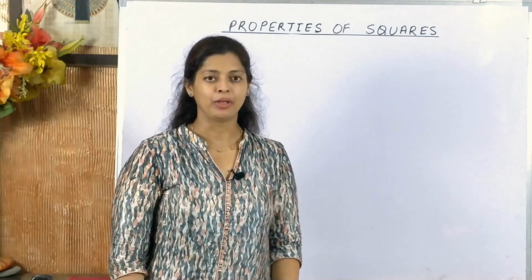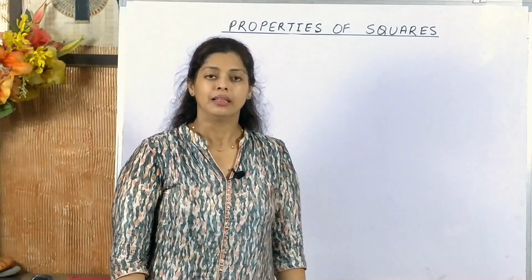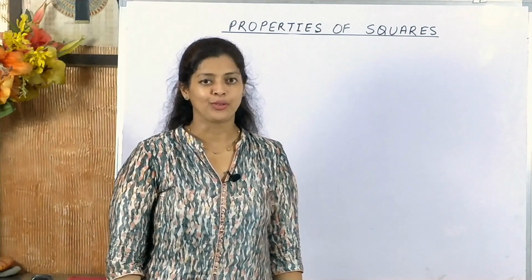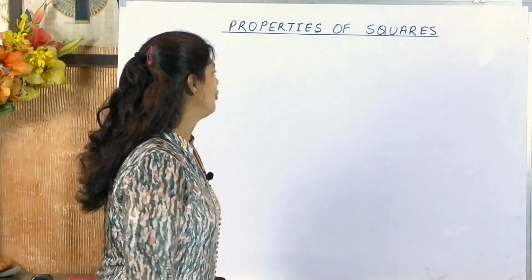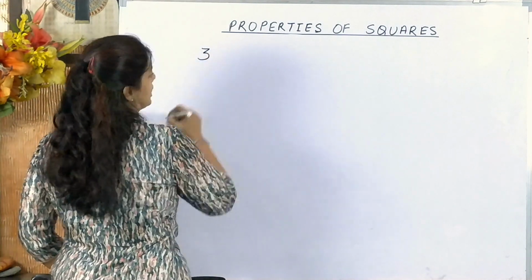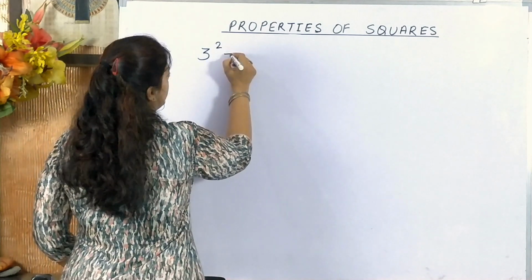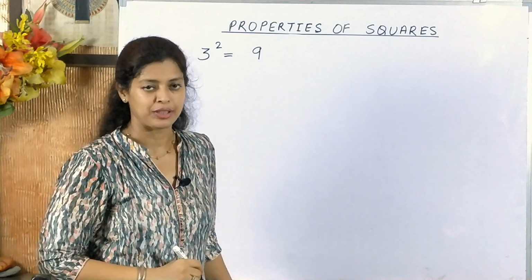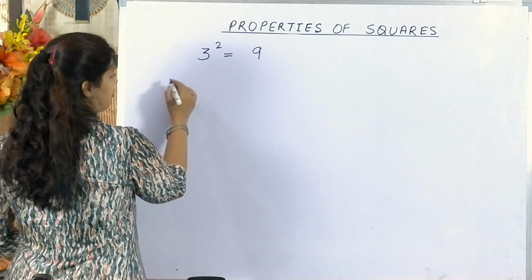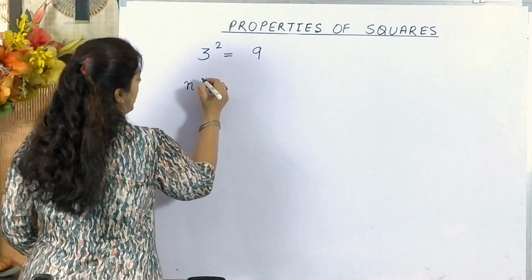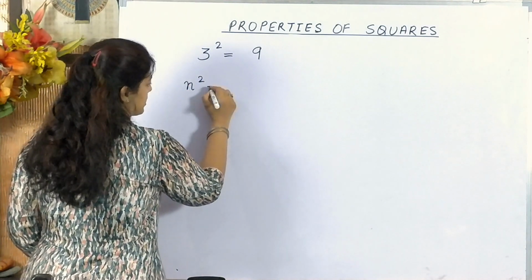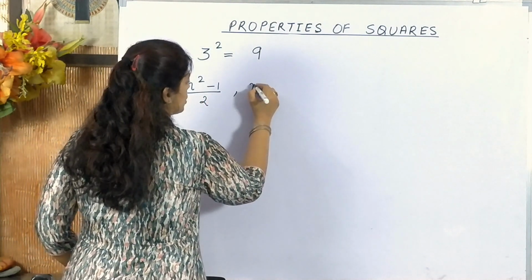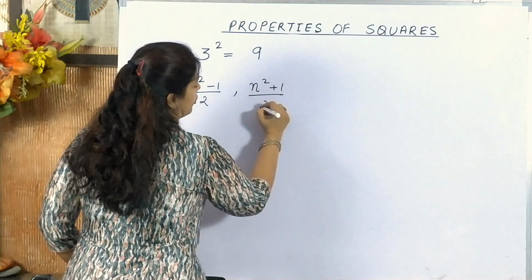Another property is applicable only for the squares of odd numbers. That is, we can express the square of any odd number as a sum of two consecutive natural numbers. For example, if I take the number 3, 3 is an odd number, 3 square is equal to 3 into 3, which gives 9. Now to express 9 as a sum of two consecutive natural numbers, we can use the formula. If n is the given odd number, I can get the two consecutive natural numbers using this. N square minus 1 upon 2 will give one number, n square plus 1 upon 2 will give the other